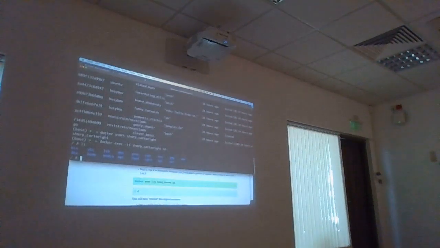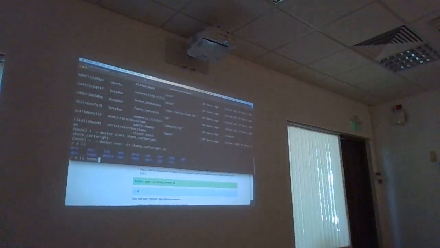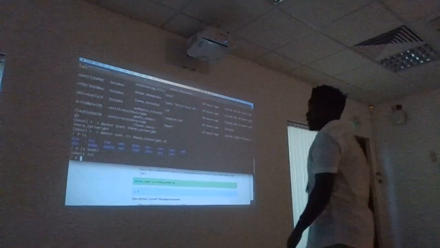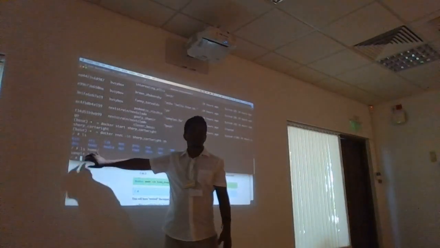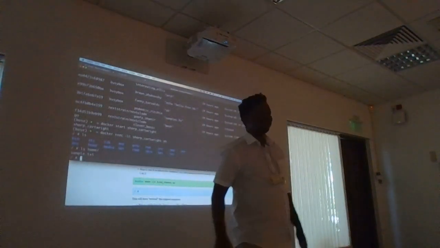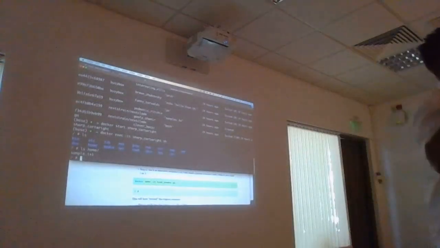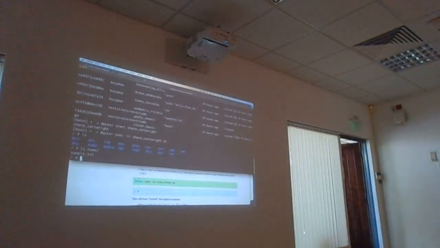And if I run my commands, boom, my file is there. It's persisting in that Docker container.